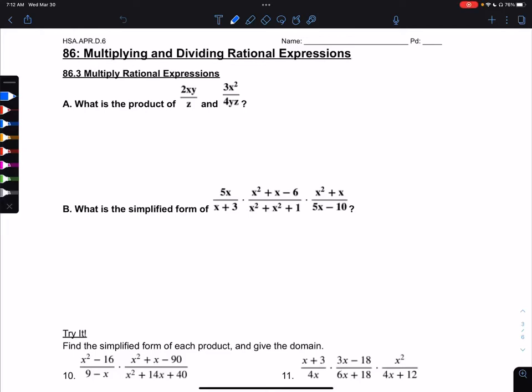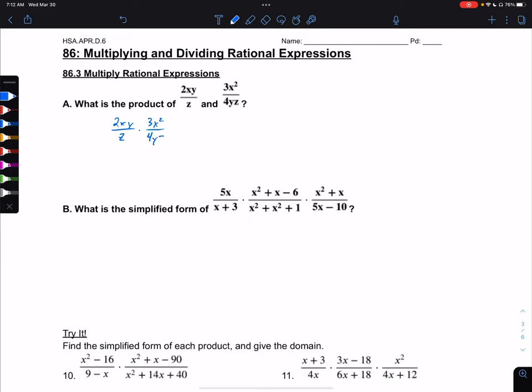Here we're going to look at topic 86, example 3, multiply rational expressions. Part A, what is the product of 2xy over z and 3x squared over 4yz? So I'm going to rewrite this as a product. So we're going to multiply each of these